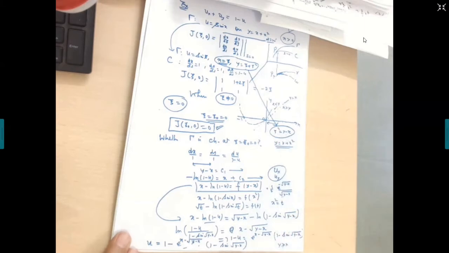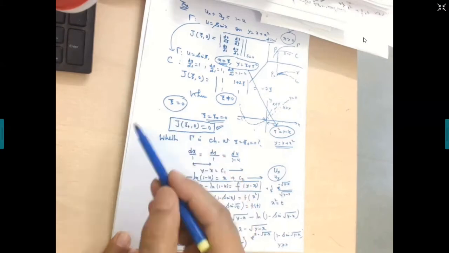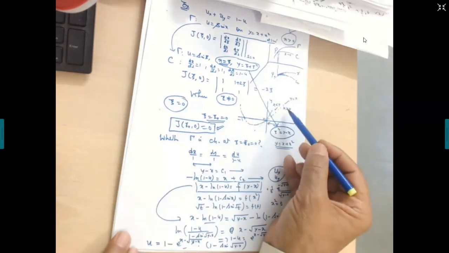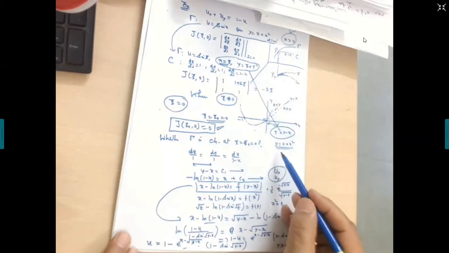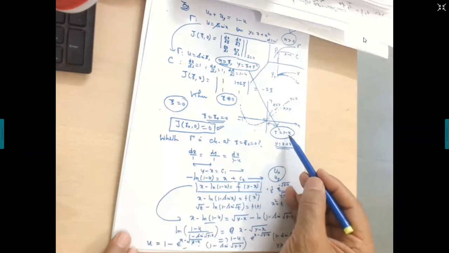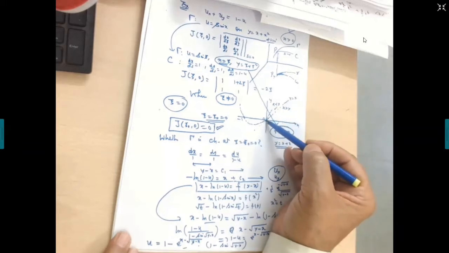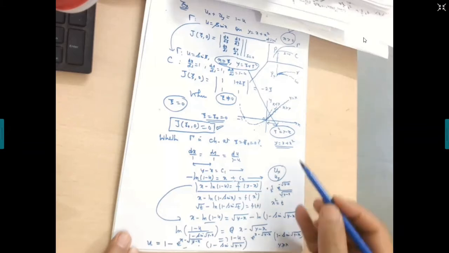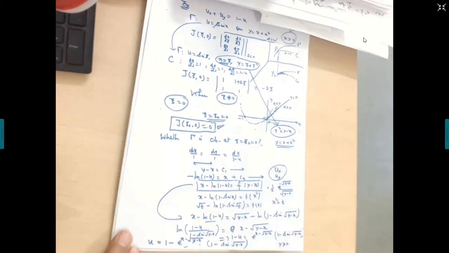So what we are going to inquire is what happens when xi approaches 0 from the right, because xi is nothing but your x. When x approaches 0, we have seen here that when xi approaches 0, y approaches x. We are on this line. So this goes to 0, but at the same time, look at the numerator. This also goes to 0. So this is a 0 by 0 form, and you have to make use of L'Hopital's rule.